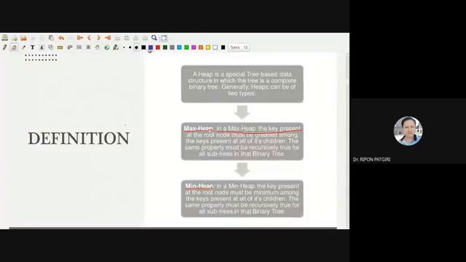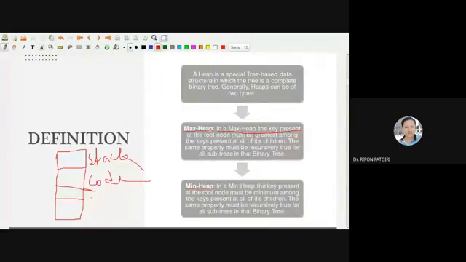So let me draw it. This is my memory, random access memory. This is stack, and this is, say for example, the code block. This is my stack segment, and this is my code segment.